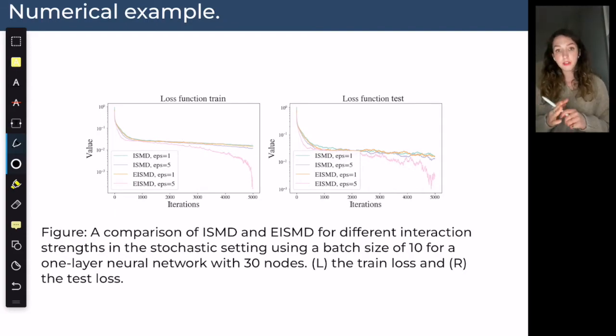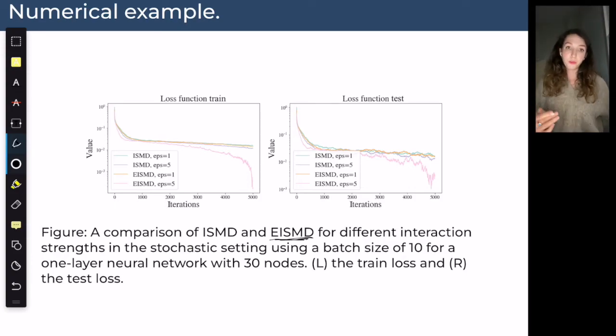But then using exact interacting stochastic mirror descent, where we additionally introduce this lambda term with the idea of cancelling the effect of the gradient at optimality, we are able to achieve fast exponential convergence. And we are able to converge much closer to the optimum because we don't have this term coming from the gradient to deal with. So what I do here is I compare interacting stochastic mirror descent with the exact algorithm,